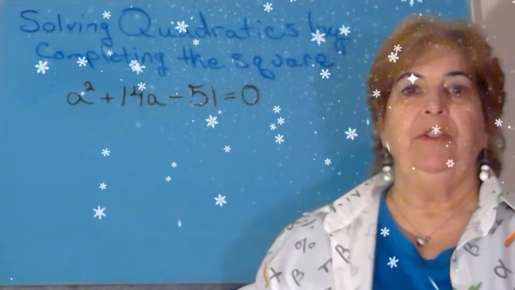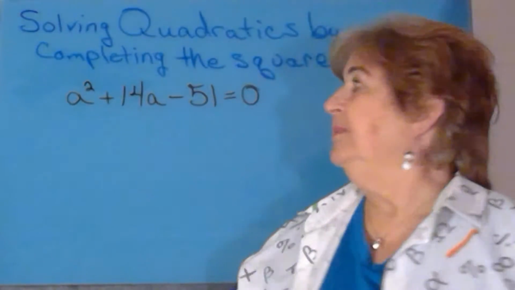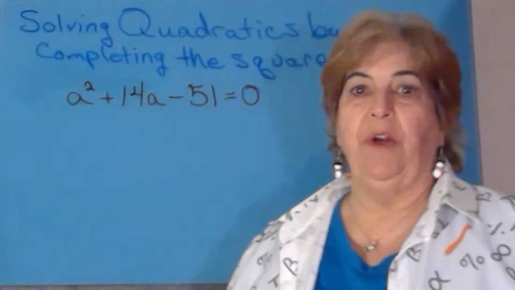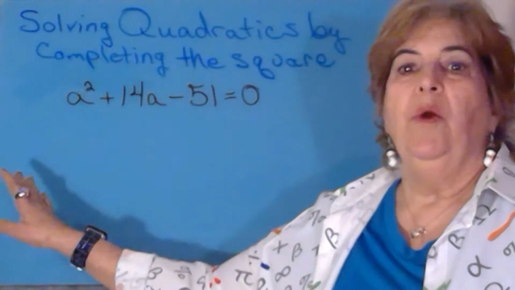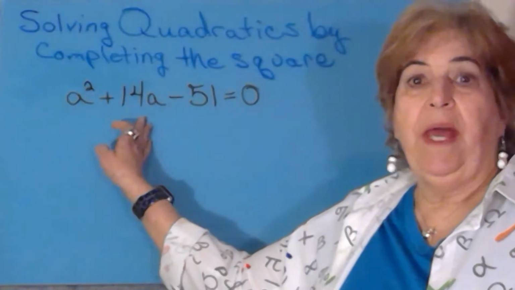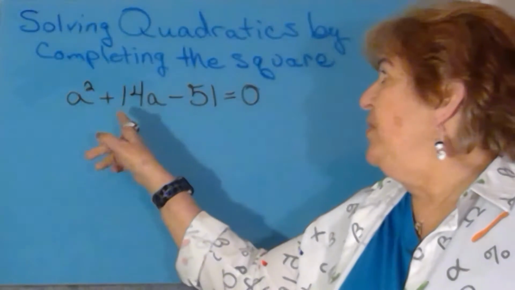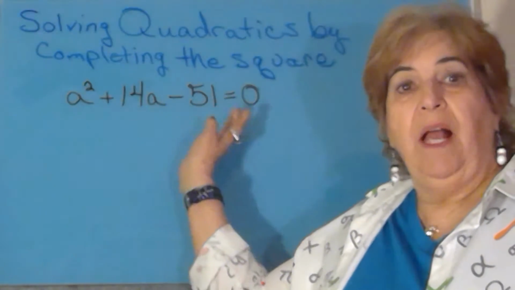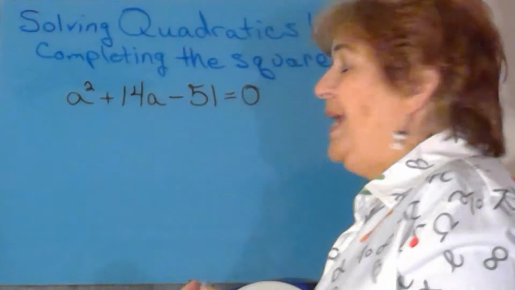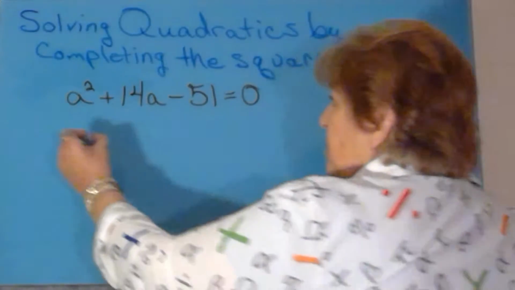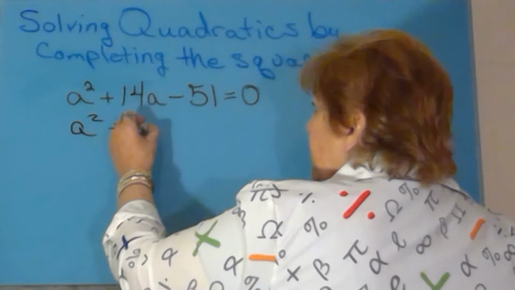In this video, we're going to use completing the square to solve quadratics. This is what we're going to start with. If you remember, when we were completing the square, we had a squared term, we had the linear term, but we did not have a constant. So in this case, we're going to take the constant to the other side by addition. So if we add the 51 to both sides, we will have a squared plus 14a